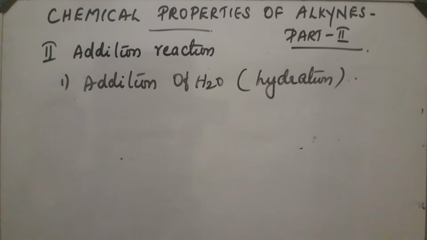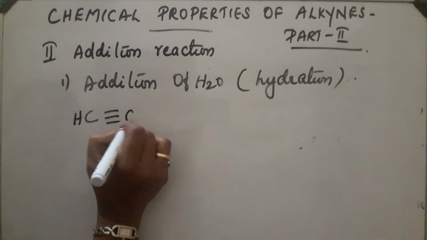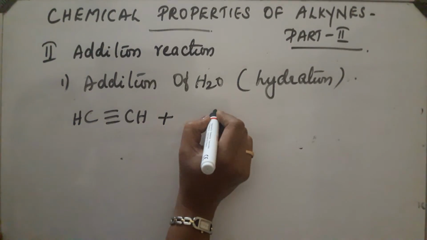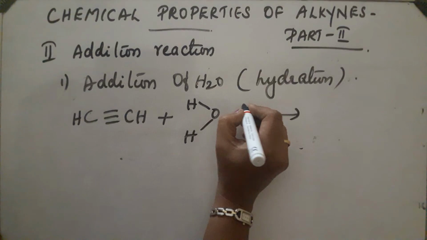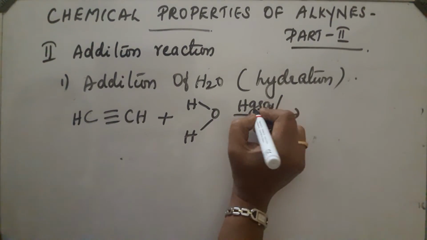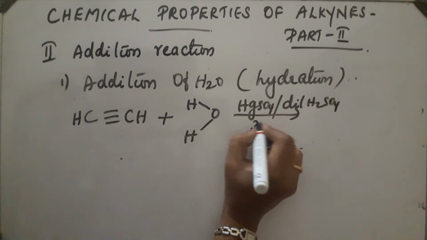First, an unstable product is obtained. That unstable compound isomerizes and forms the product. Okay, different alkynes give different products. First, let us see in the case of acetylene, what will happen? Acetylene, CH triple bond CH, on reaction with water molecule. Water molecule we can draw like this, H-OH. Okay, this is water molecule. The reaction takes place in presence of HgSO4, in presence of dilute sulfuric acid, and a temperature of 333 Kelvin.